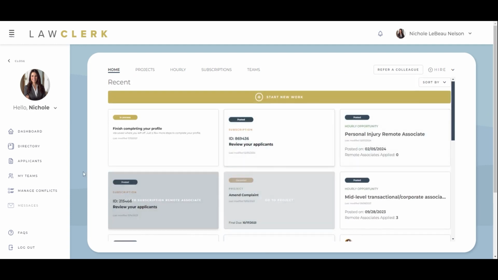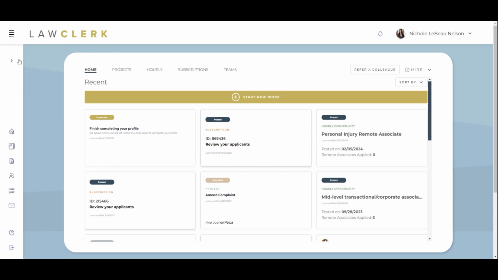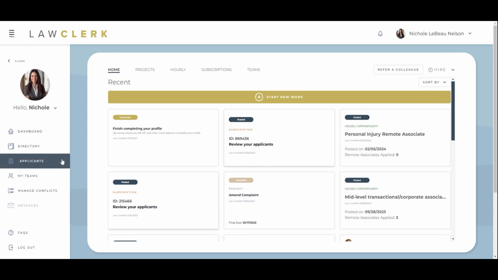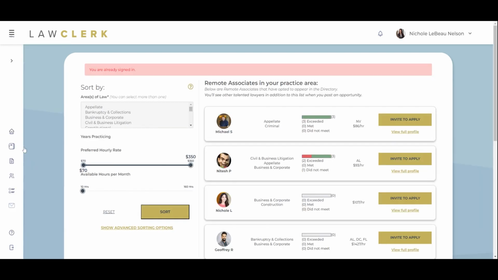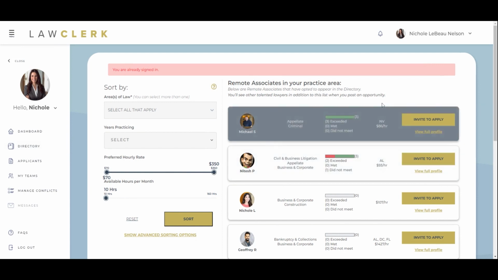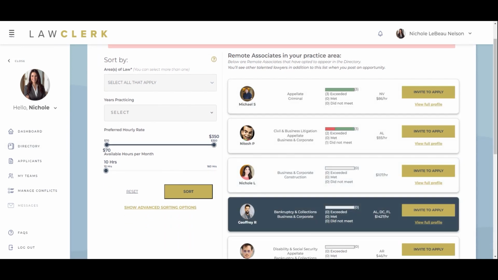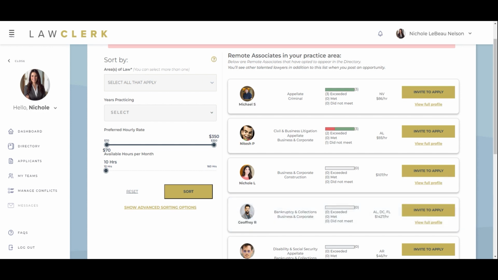When you first log into your dashboard, you're going to have a quick menu to your left. Now, if you don't see this, there's a little arrow here that you can open up the side view, and you can go ahead and search through directory. Directory is something that we launched recently in 2023, so it is relatively new, and now you can go ahead and take a look at all of the potential candidates